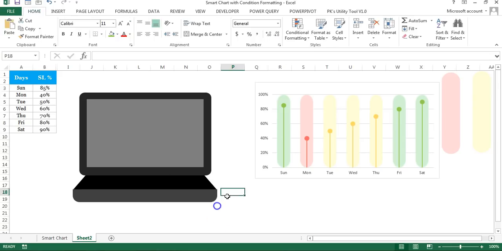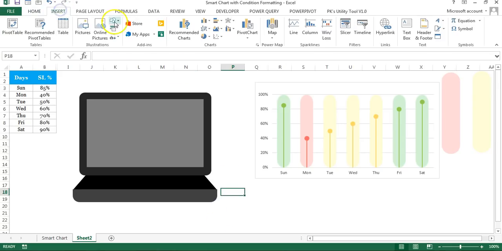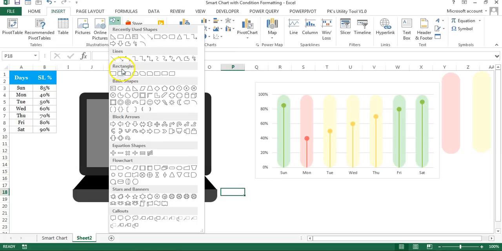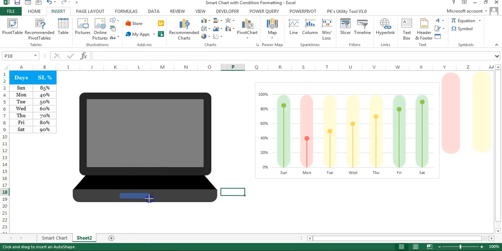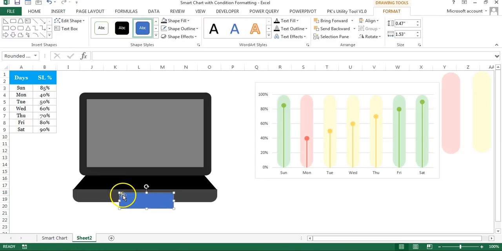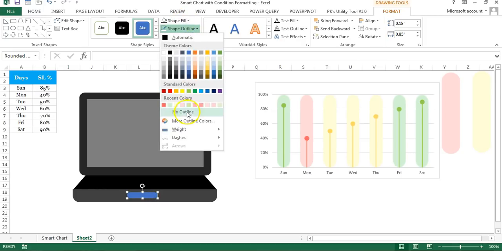Alright, now I'll go to the insert again and I will insert again the rounded rectangle, this one, and just drag that rectangle here like this. Pick this yellow handle and move towards the right side, and then make it slightly smaller like this and just keep this here. I'll go to the shape outline and will say no outline.